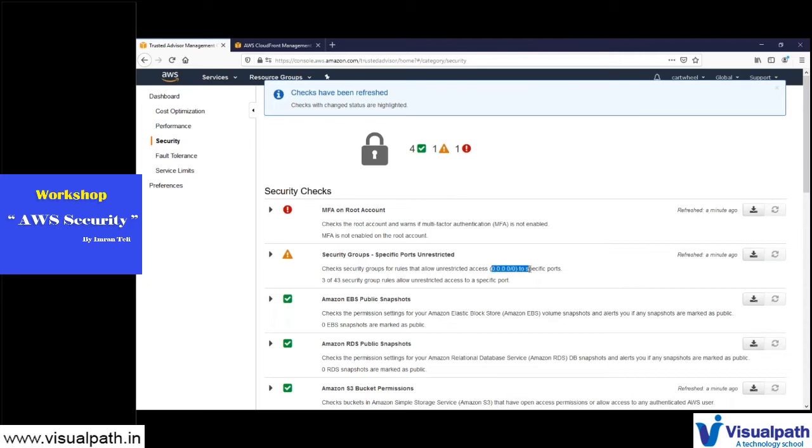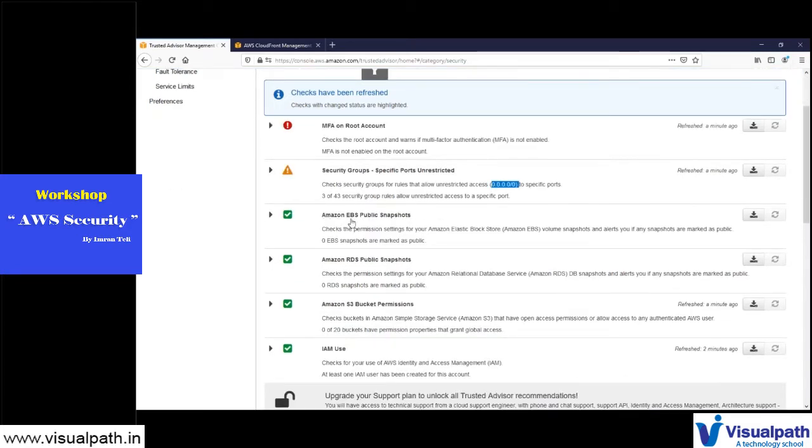Okay, I did that one rule on purpose because I'm going to show you a few things. Like port 22 enabled for everyone, it's going to alert you on that. Now this just shows you, but you can configure an SNS notification also for this. Like if something happens, you get an email notification.